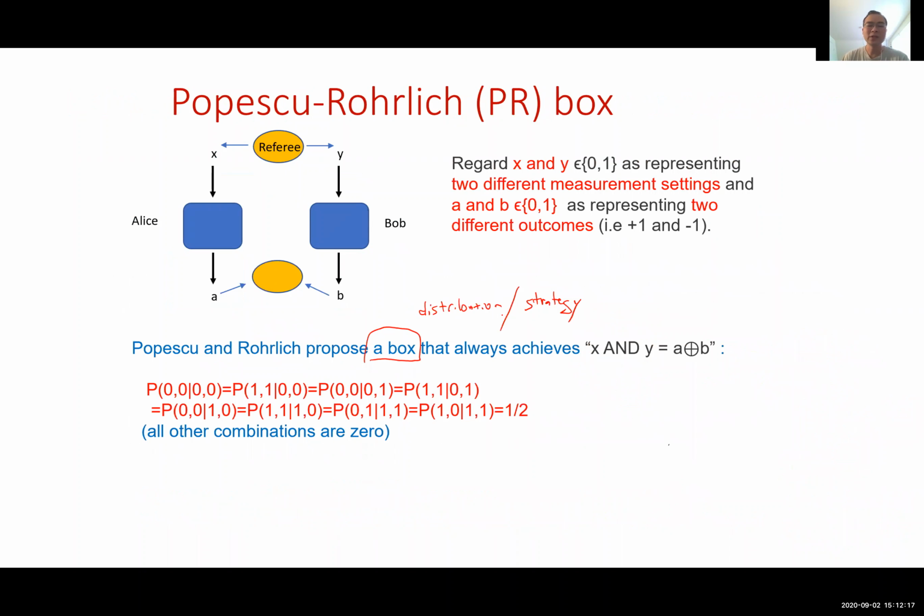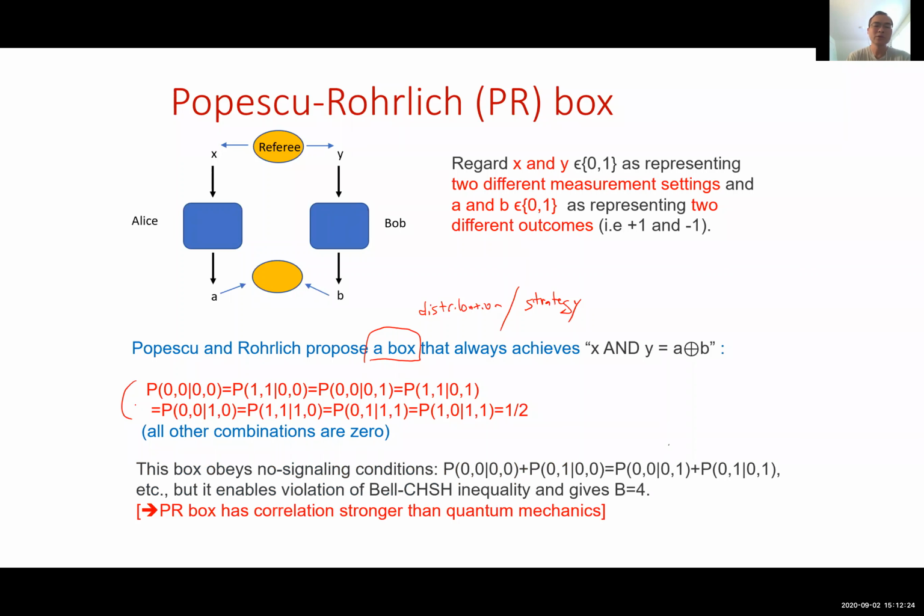In order to make sure that this is the case, the box needs to obey the so-called no-signaling probability, meaning that if I'm given x equal to 0, y equal to 0, for example, it doesn't matter Bob's value. If I just sum over Bob's possible values, it should be the same